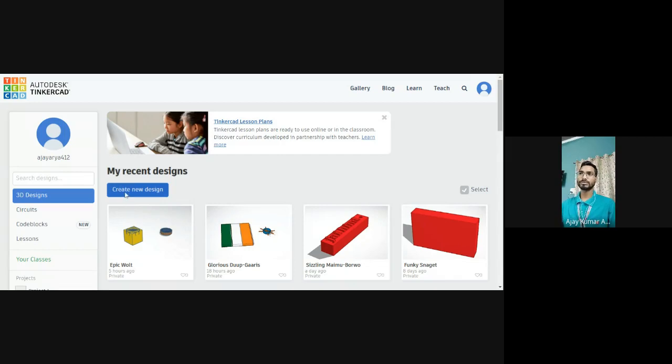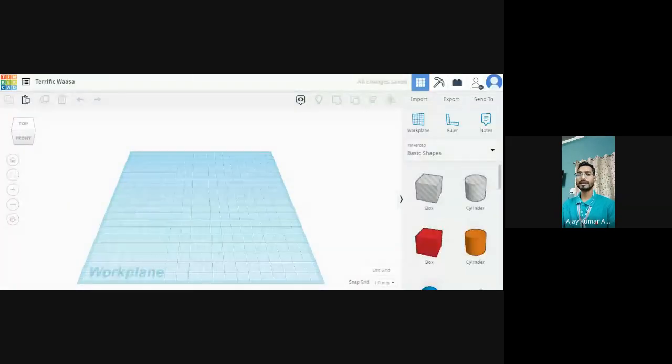So again I am going to create a new design. It will take a little bit of time. Now we will use a new command today, the align command, and it will be very helpful to align the different objects with the other one. First we will change the name. We can just write national flag, so that we can name our design like that. You can change your name from here also.